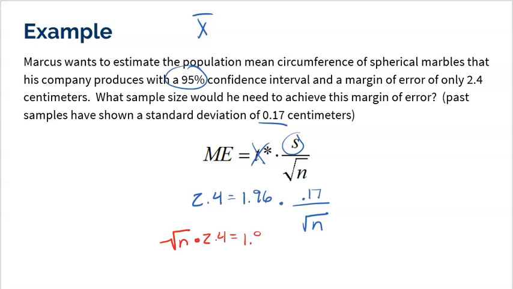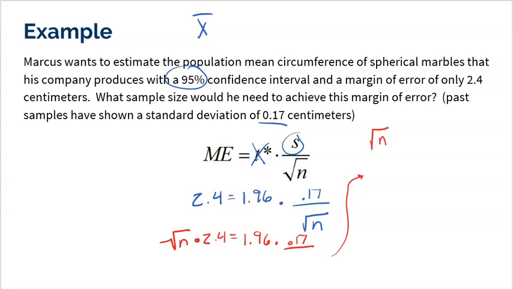You cannot square both sides yet because it's only in the denominator. So once I multiply, it cancels that out. Okay, so that is gone. Then I have to divide the 2.4 over. So I'm going to carry my work up here.